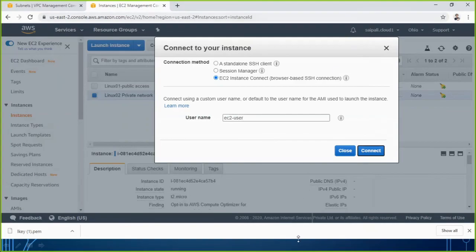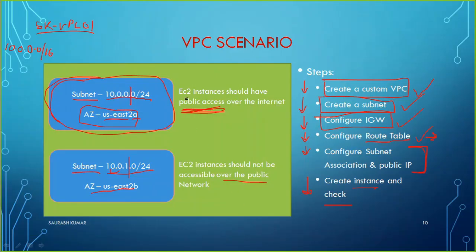I hope it's very clear that this was our scenario: the EC2 instance in this subnet should have public access over the internet. So it's verified, our Linux 1 has public access, whereas the second, Linux 2, should not be accessible over the public network, verified now. So our scenario is fulfilled.